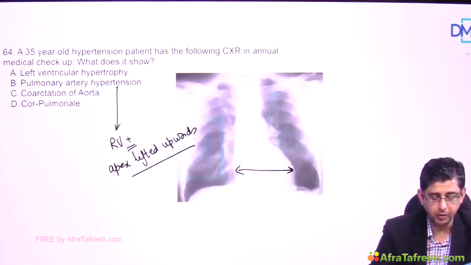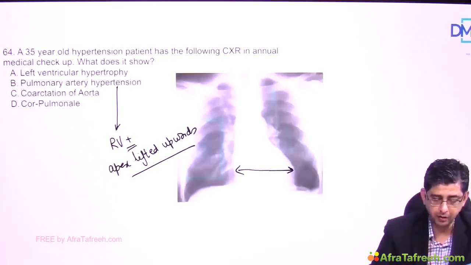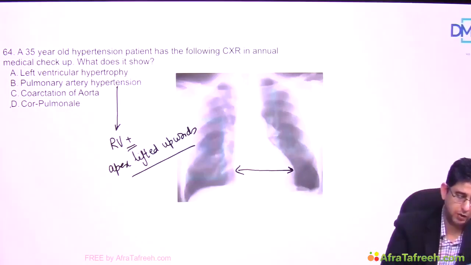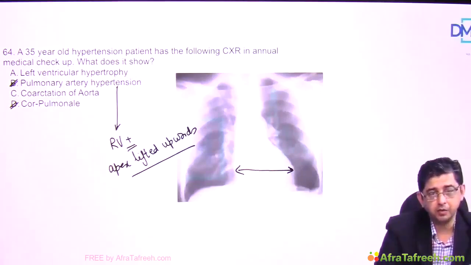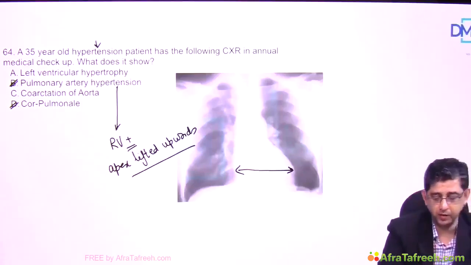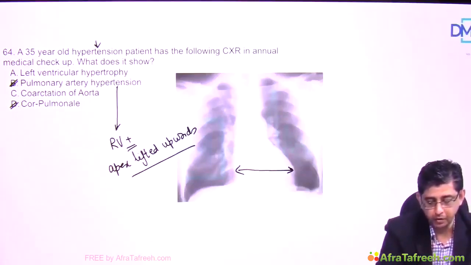Coarctation of aorta, cor pulmonale. Now cor pulmonale will cause right ventricular failure, and in this question there is no evidence of any right ventricular enlargement definitely. So two choices can be easily ruled out right on reading the question, B and D, because this disease does not involve the right-hand side. Why? Because there is hypertension, so it has to be something with the left side of the heart. So either the X-ray should be showing target organ damage of hypertension, left ventricular hypertrophy, or should show coarctation of